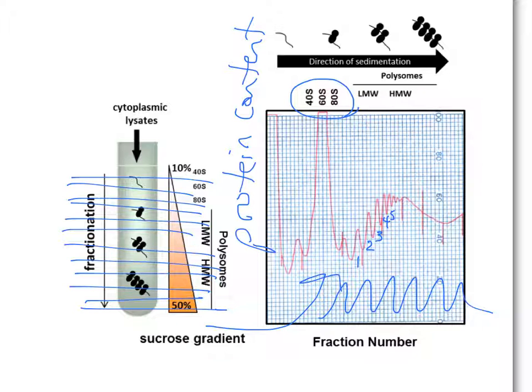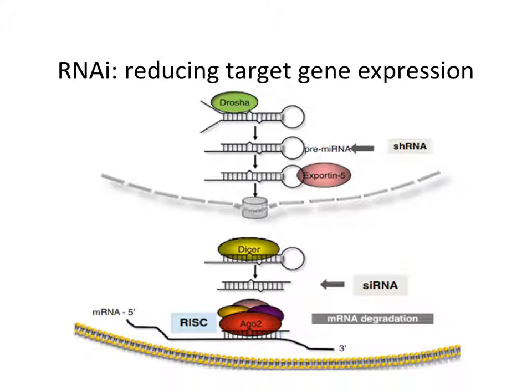So this is the way they can ask, is a messenger RNA being translated? Is it part of a set of polysomes or is it not? And they'll be using a lot of RNAi, which we talked about previously. I just wanted to give a quick reminder